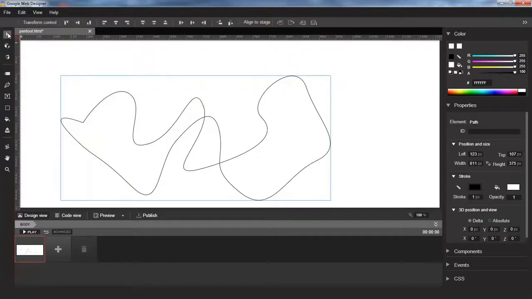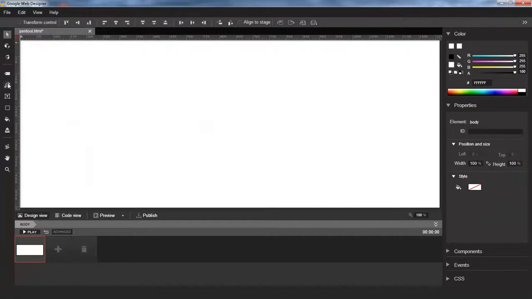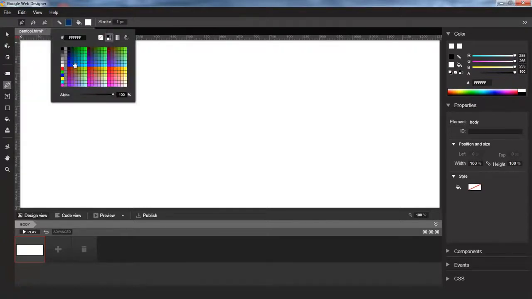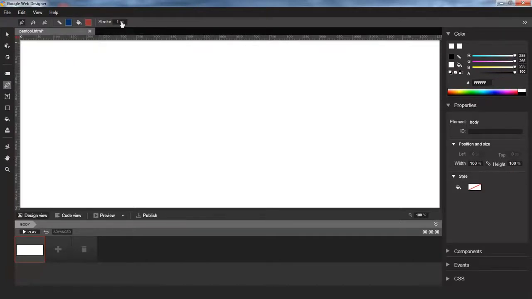I'm gonna delete this path that I'd created and enter the Pen tool. Now you can see that we have a number of options. We can set the color of the stroke. So let me pick a blue color, and we can also set the fill color. So I can pick a kind of reddish color and set the stroke width, which I will set at 6